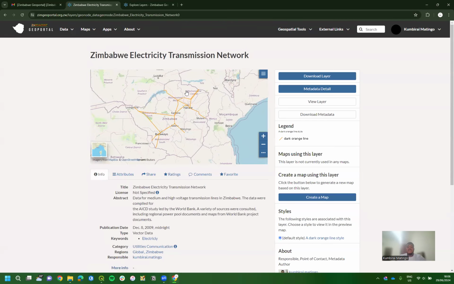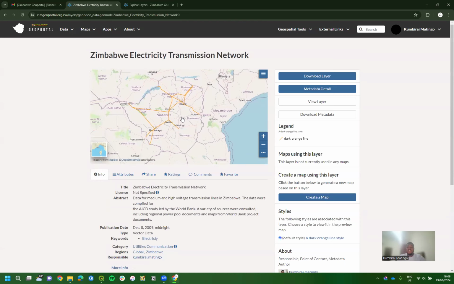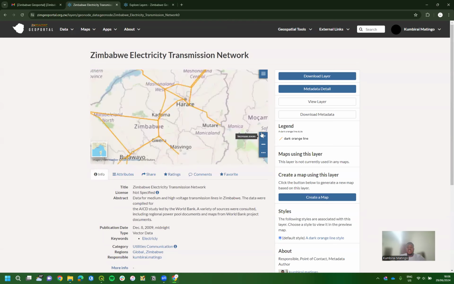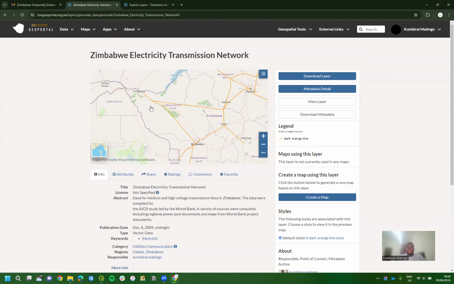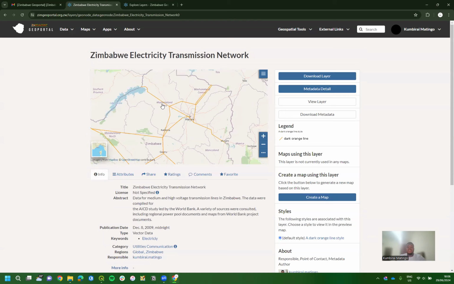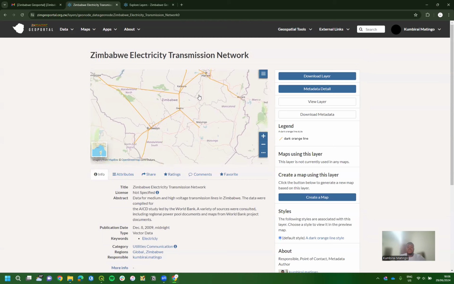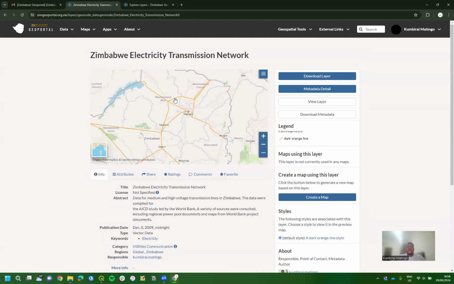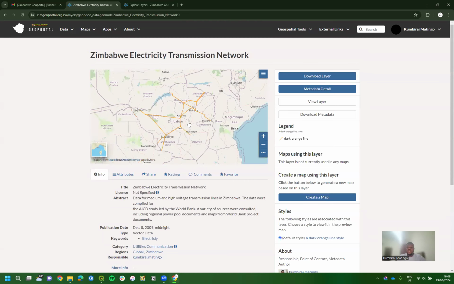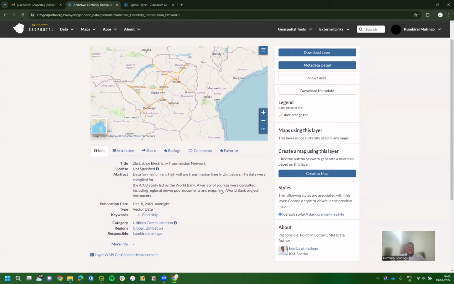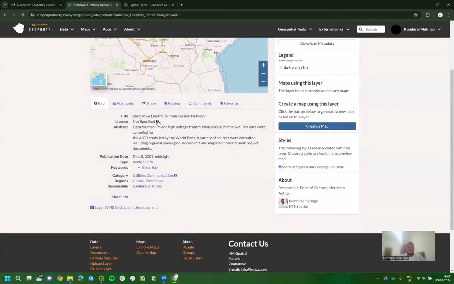So we can also see the main power line. These are the 330 kilovolt pylons that you mainly see in Zimbabwe. As you can see, it's stretching throughout the country, from Kariba to Harare, and from Victoria Falls over to Kadoma, Gweru, Bulawayo, and then all the other power lines are extending from this main power line. If you explore the data, you'll also be able to see some of the metadata that also exists